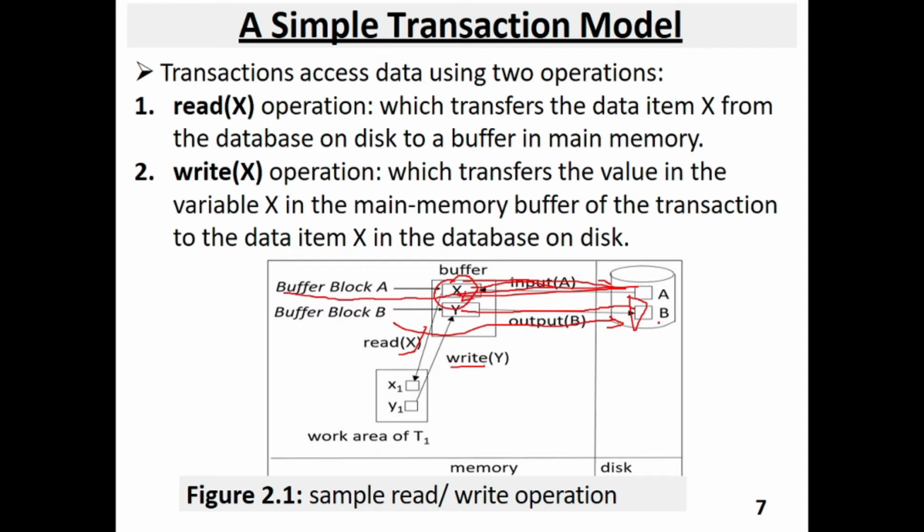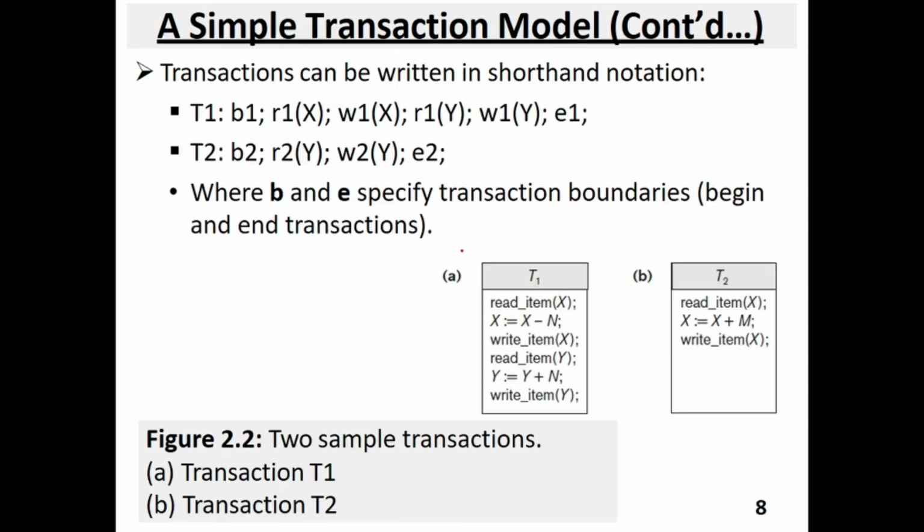Read operation will transfer data from X from the database of the disk to the buffer or memory, but whereas in write operation which transfers value or data variable x in the main memory buffer of the transaction to the database or disk ወደ ዲስካችን ወይም ወደ ዳታቤዛችን እንጽፋለን ከሜሞሪ ማለት ነው።